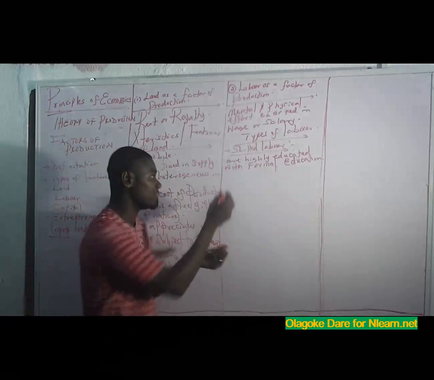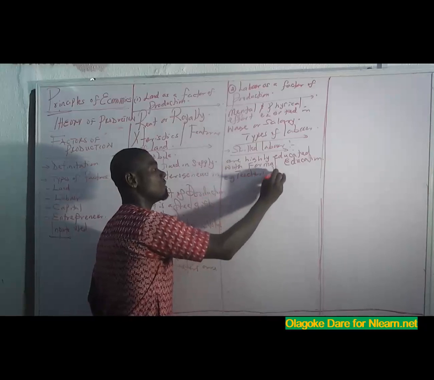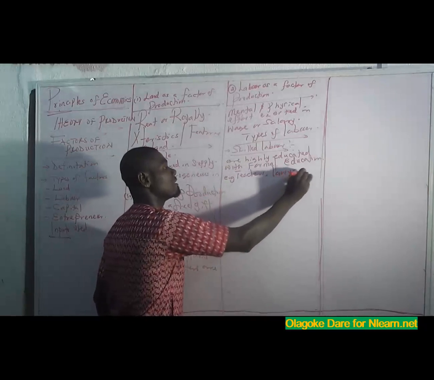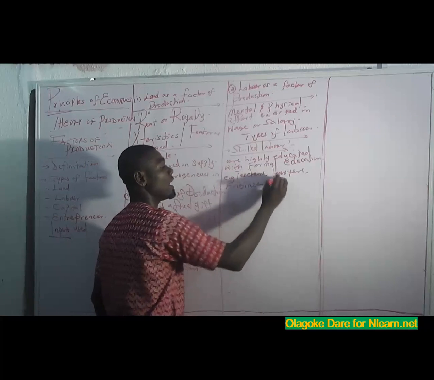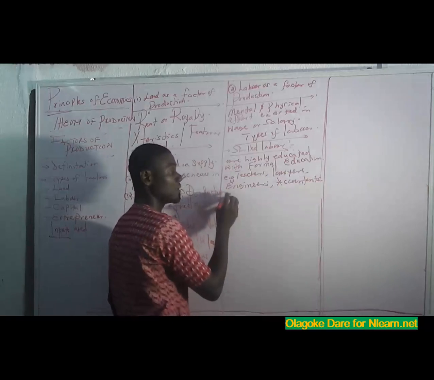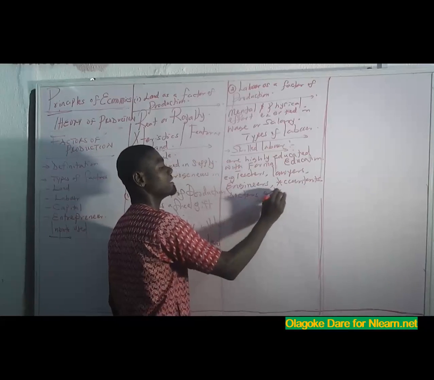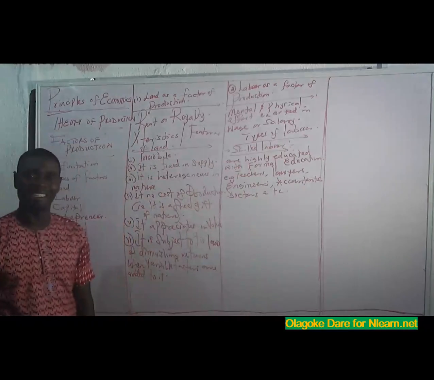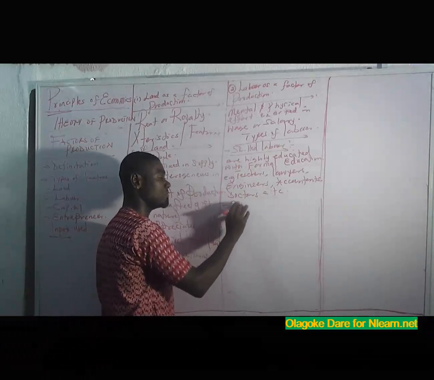Who are examples of these people? Examples are your teachers, your lawyers, your engineers, your accountants, your doctors, and so on. All these people are highly educated. The next is semi-skilled